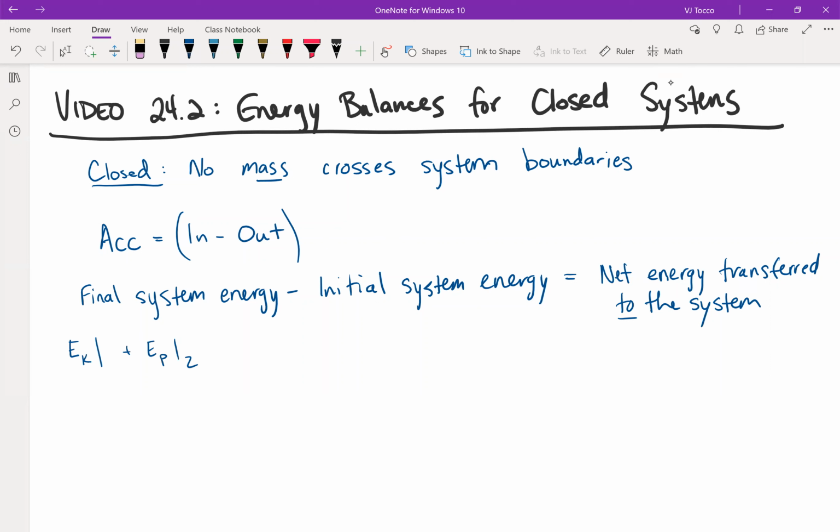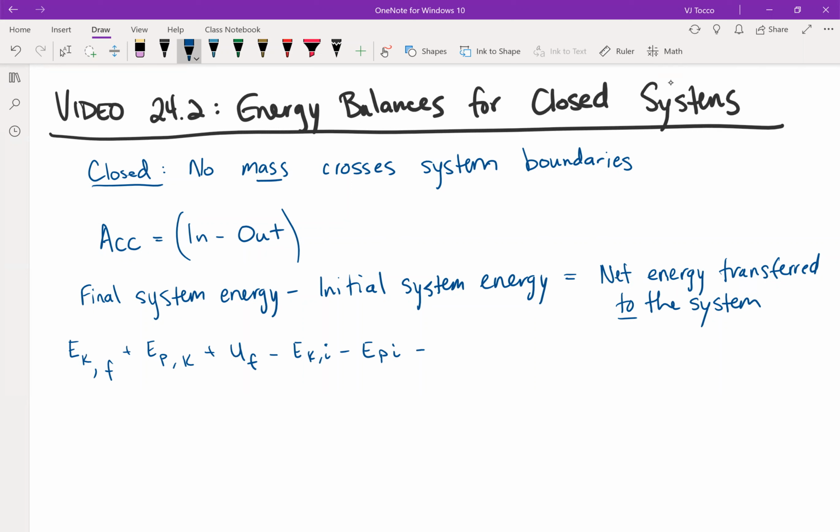Actually, I'm going to call this final, not 2. EK final plus EP final plus U final. I'll get rid of this, just do subscripts. Kinetic final plus potential final plus internal final minus kinetic initial minus potential energy initial